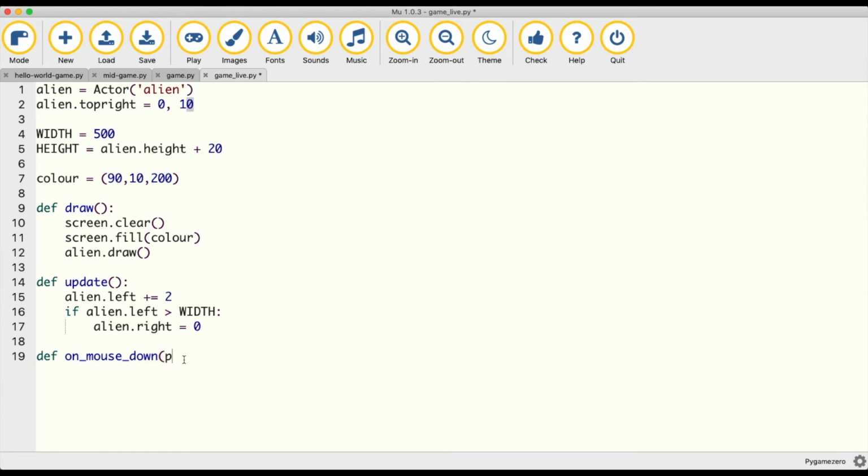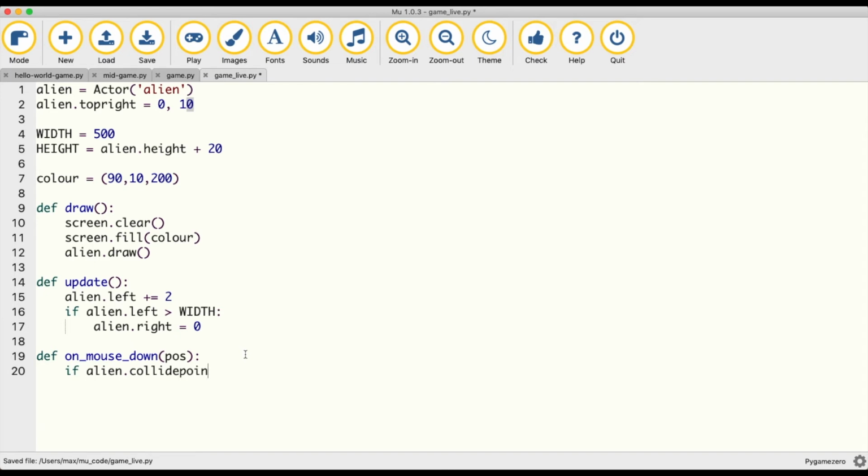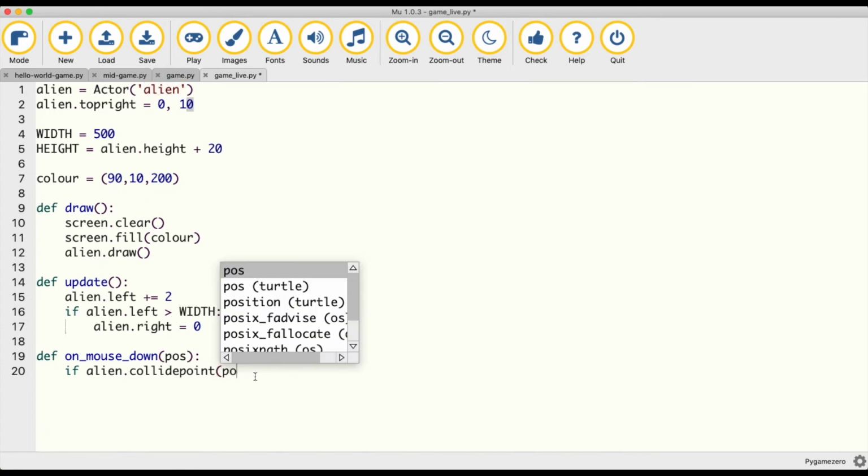We can pass to it a position. When Pygame Zero runs the code, it's going to put the mouse's current position into the function, and then we can access that in our function as we're calling it to do specific things. In particular, we have a few very important questions to ask. If the alien's collide_point, which is another built-in method of our actor, because our alien is an actor using the graphic alien. So if the alien collide_point matches the position of our mouse,